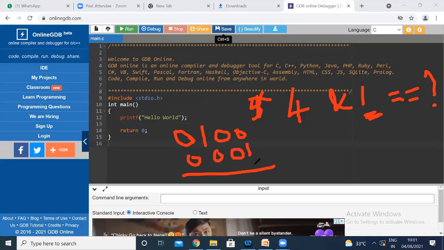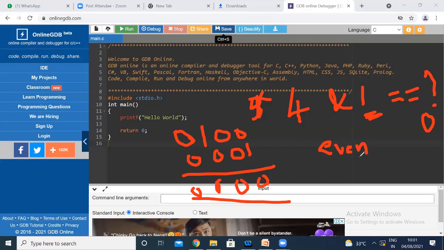So what is 0 and 1? 0, 0 and 0, 0, 1 and 0, 0, 0 and 0, 0. So what is the output you have to get here to say it is an even number? 0. If you are performing bitwise AND operation with 1, and you are getting the output value as 0, it's an even number.